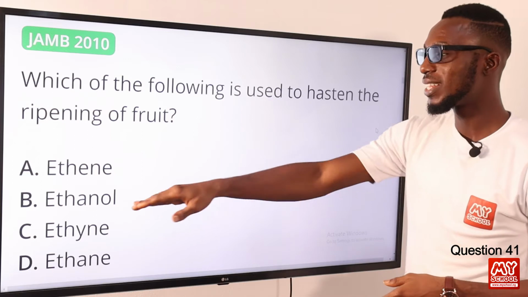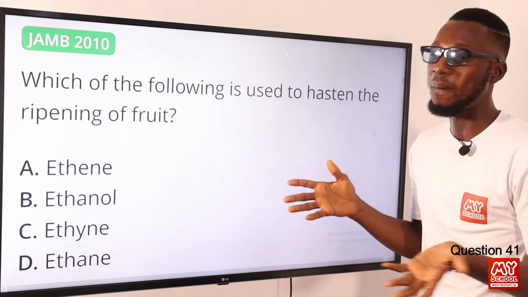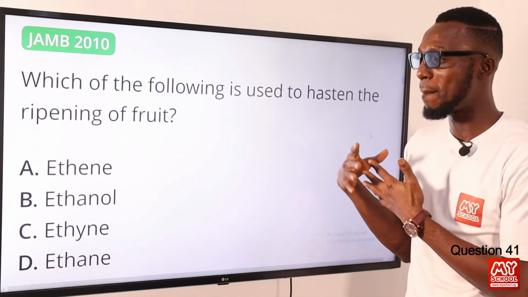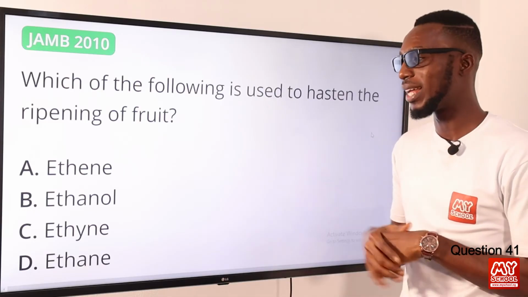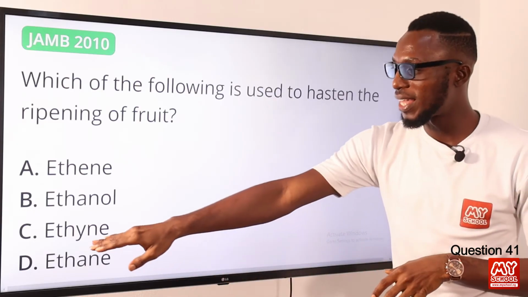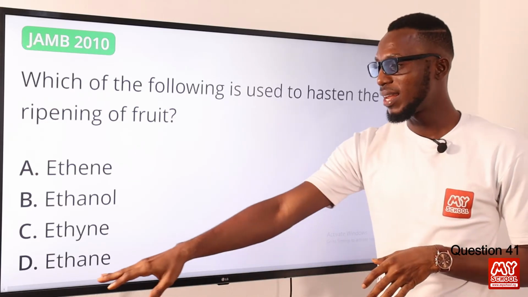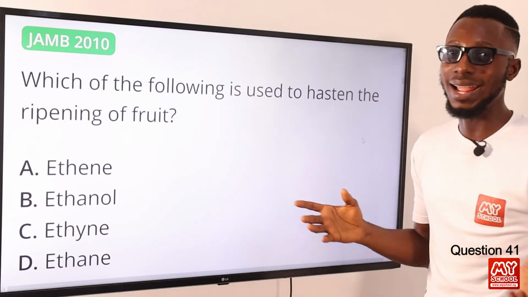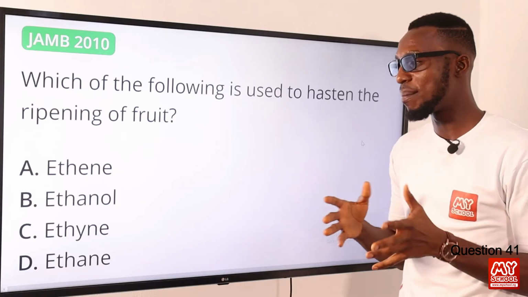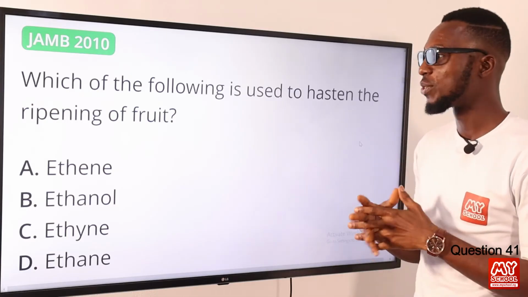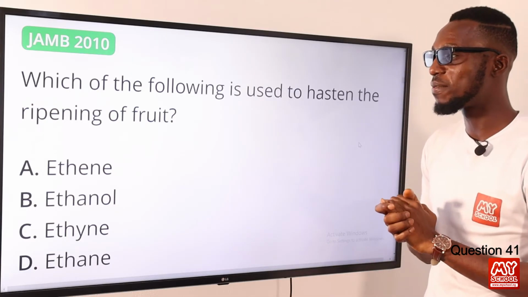All right, so we know ethanol can be used for fuel when it comes to your racing cars or your rockets. Then we have ethane. Of course, this is for miner's lamp. You can use that as well. Then ethane, methane, like I mentioned earlier, you can use them as a source of heat. So the correct option here is option A for ethane.